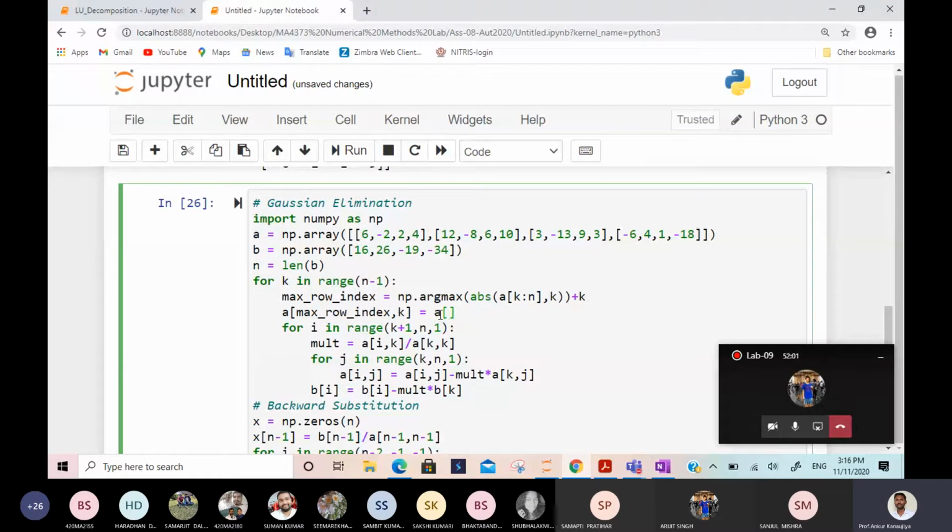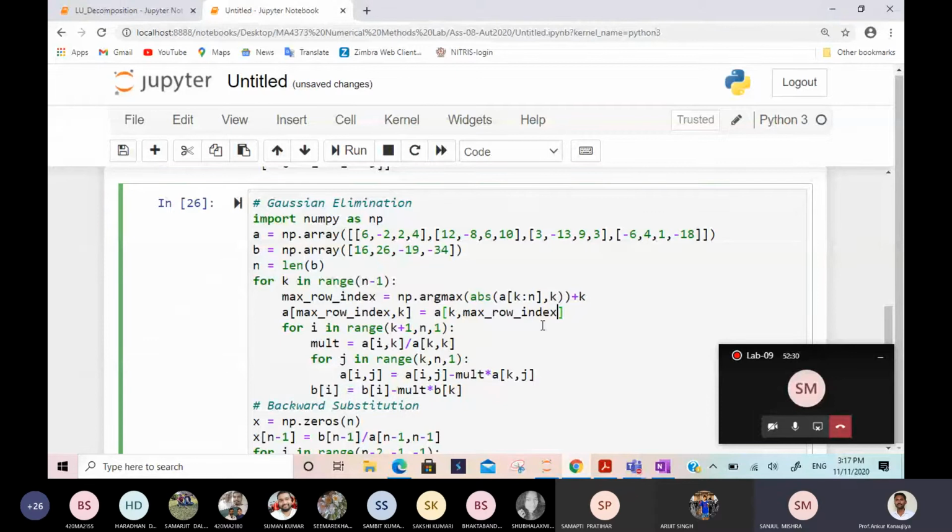Here k comma maximum row index. Whatever maximum row will come, we will interchange with that kth entry. The Akk entry will change. Akk entry change means that the kth row will interchange with whatever maximum we got. So is there any change we have to make? Yes, k comma max row index should come first. Yeah, you can write k comma max or max comma k, it doesn't matter, both are same.